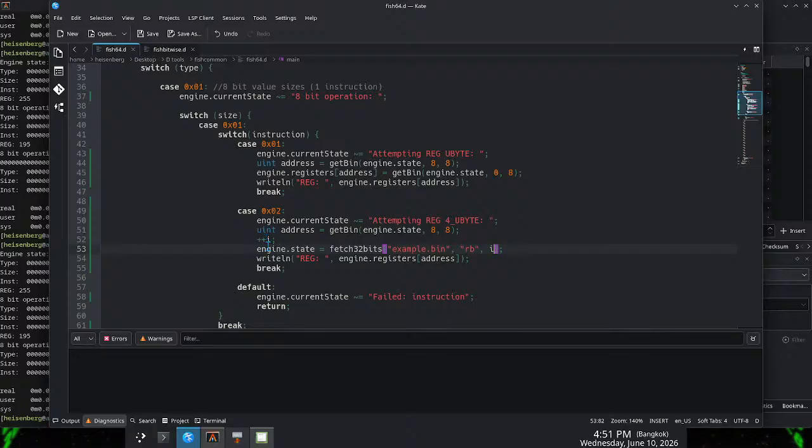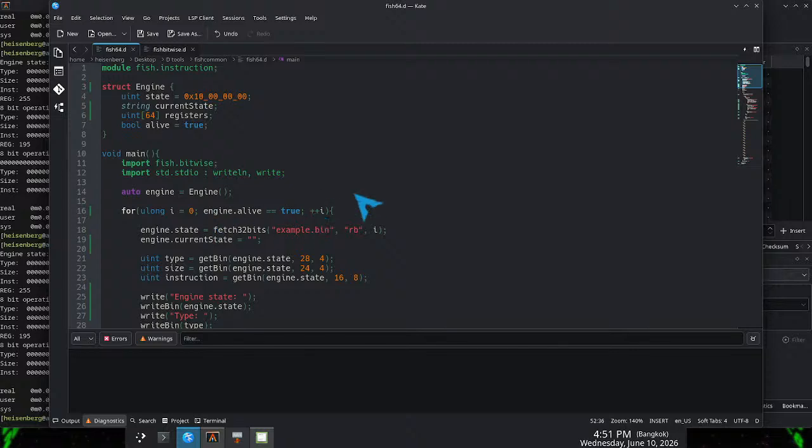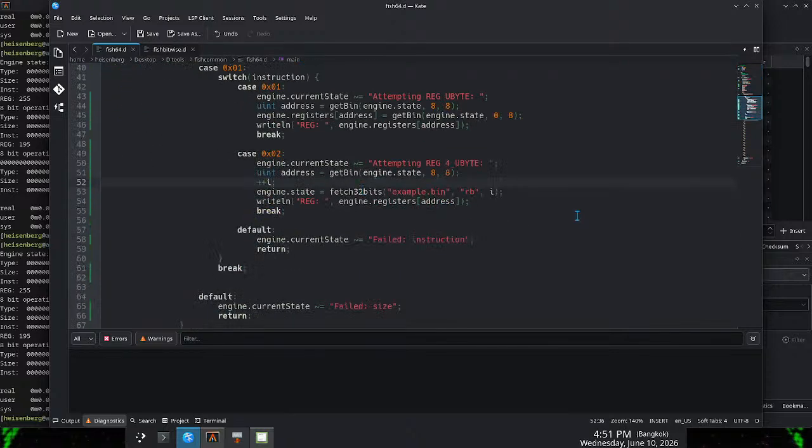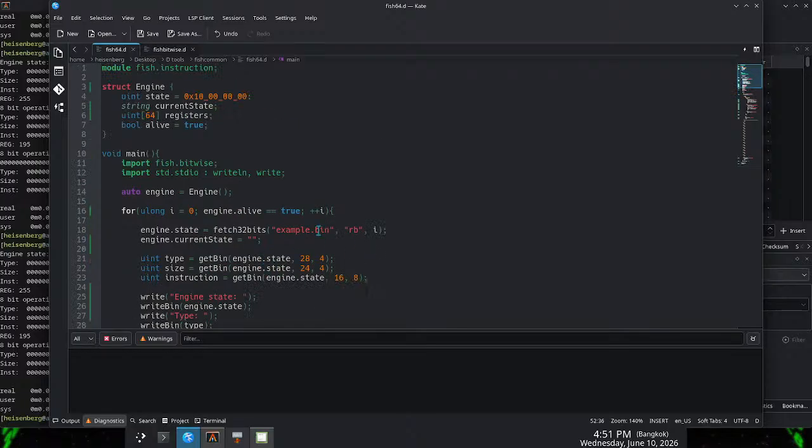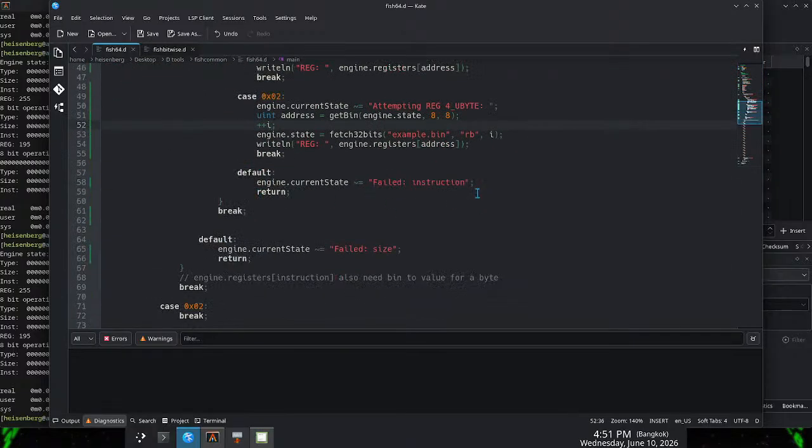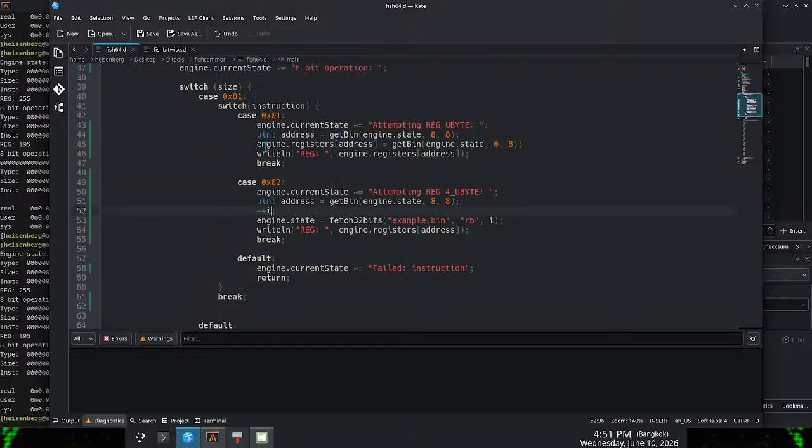It tells it skip. If you want a loop, you have to make your own loop. You cannot use the regular initialization functions like this I here. You cannot use this iterator from my loop to make a loop. If you want a loop, you're just going to have to build it off of the original bytecode I'm making. Very original bytecode, yes. That's terrible. But it will do that, and then it's going to put engine registers address equals